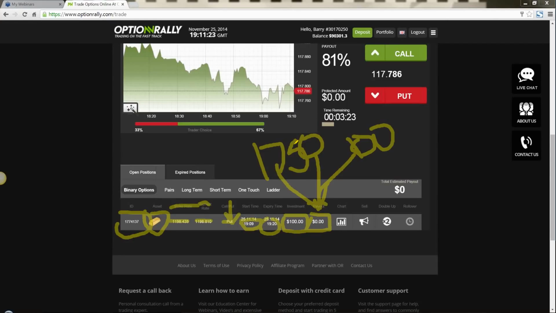And if gold goes up, if it goes up from 1198.435 to 1198.436, you get $175. If it goes to $1,225, you don't get any more money. So it doesn't matter to you how far it travels in the direction in which you select, only that it moves in the direction in which you had predetermined.